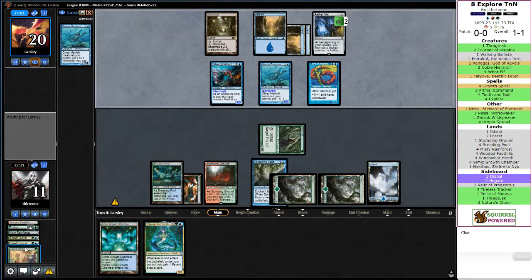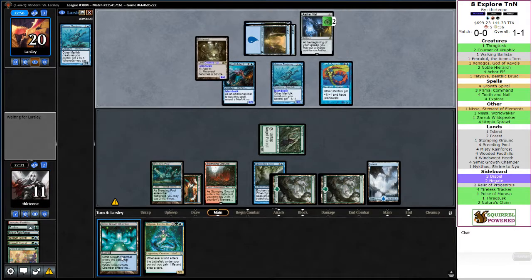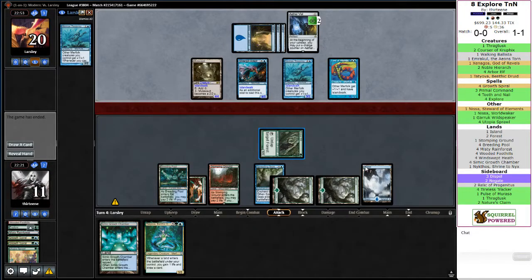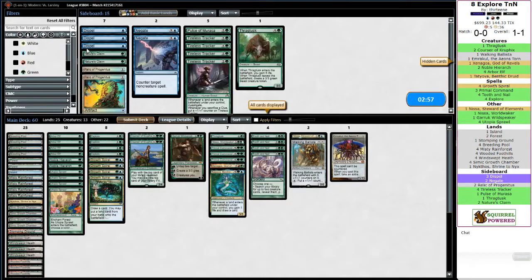And Spreading Seas on the Utopia Sprawl land. Alright, so it's 3, 4, 5, 6, 7, 8, Nope, that won't work. Oh, and they had the Mutavault. Yep, we're dead. Okay, so...